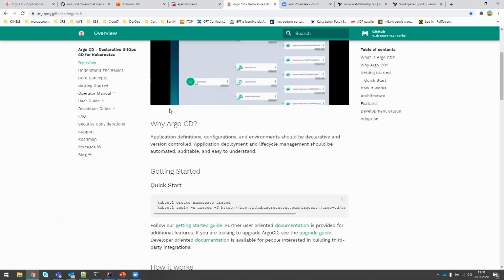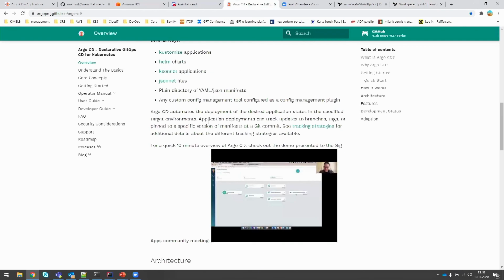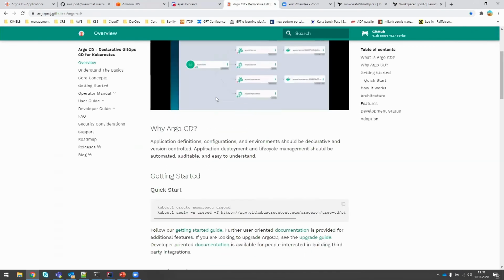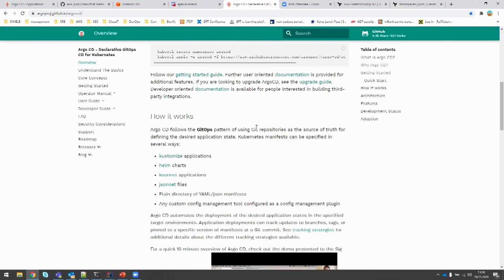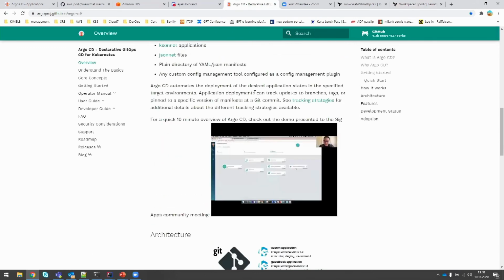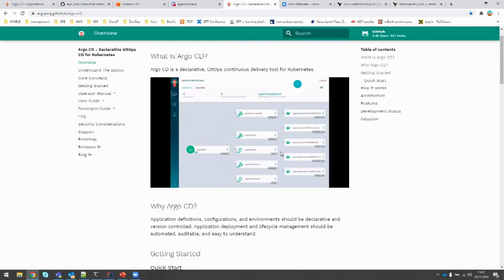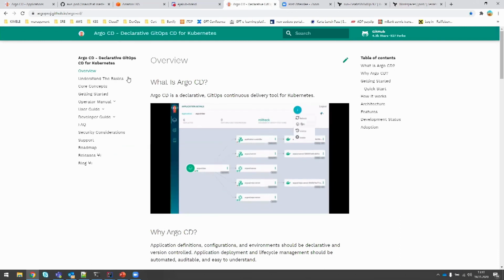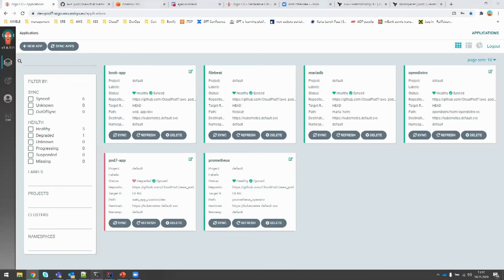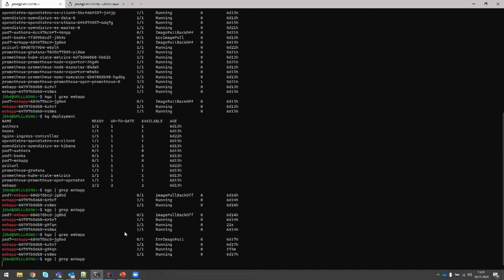This is another link that I will share in the chat, a quick setup for how you can apply it on the Kubernetes cluster, how it works, and what advantages it has versus the pure console of listing a pod.